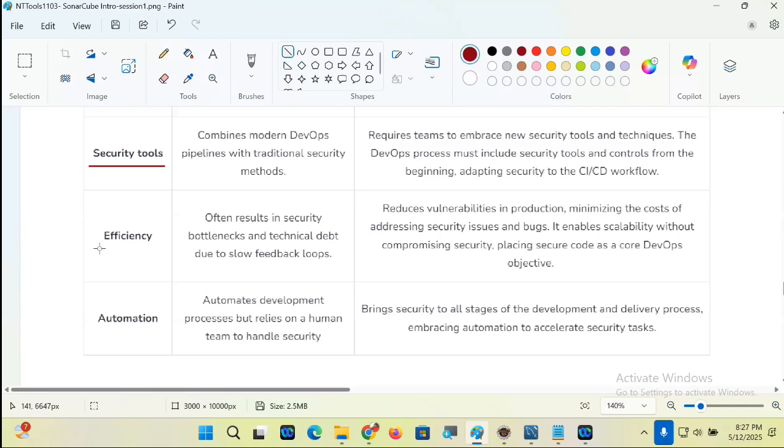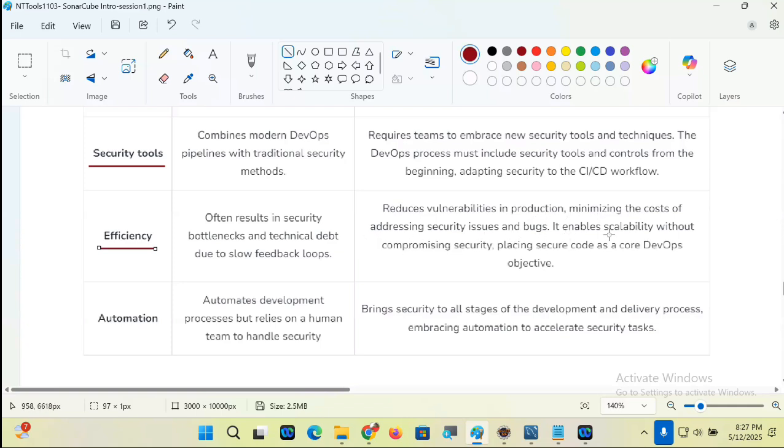Efficiency, guys. It often results in security bottlenecks and technical debt due to slow feedback loops, guys. In DevOps, security is not there, na. Feedback will come a bit slowly, right? Reduces vulnerabilities in production, minimizing the cost of addressing security issues and bugs.